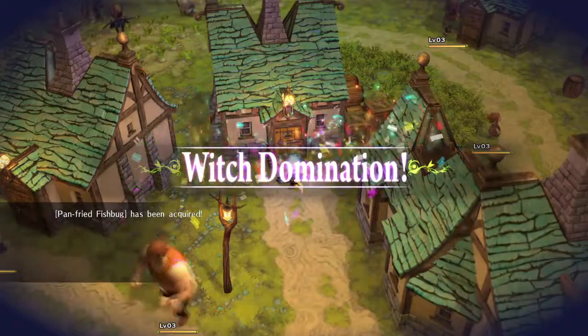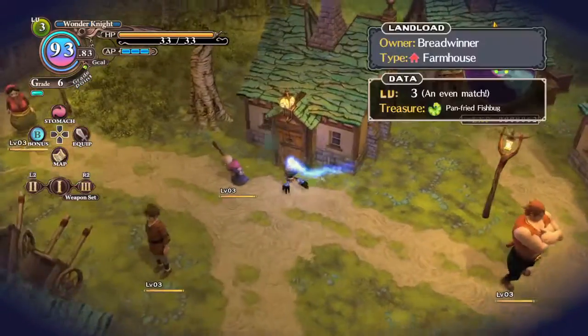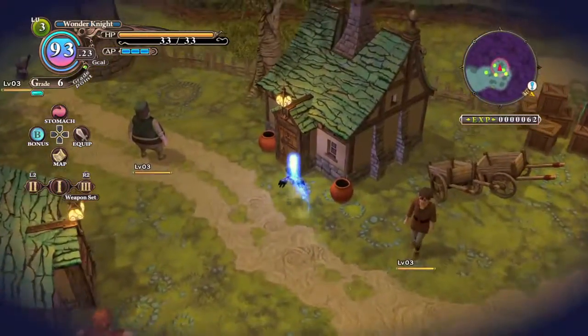But each building has a level associated with it, telling you what the chances of dominating it are before you step foot inside the abode. If you lose the automated battle...